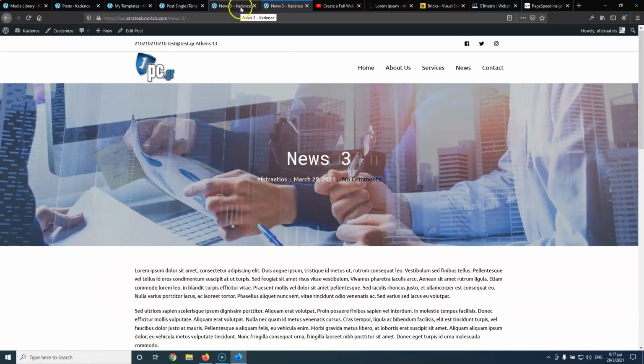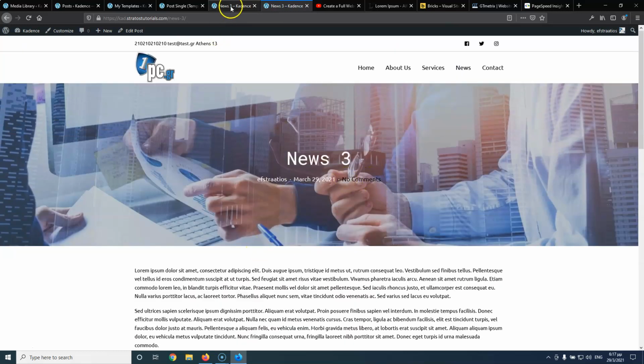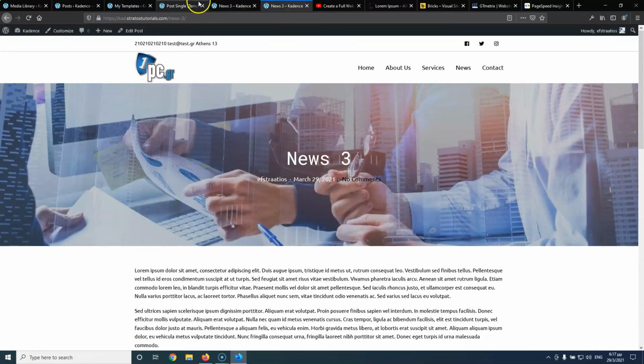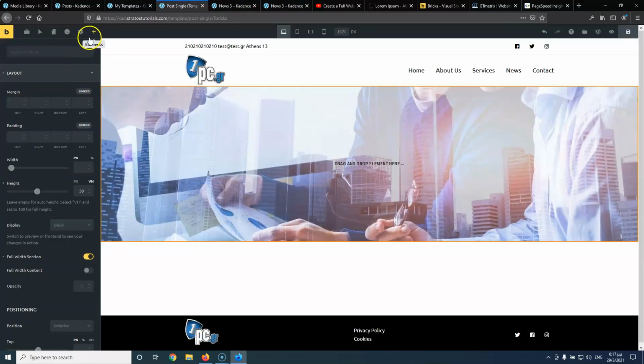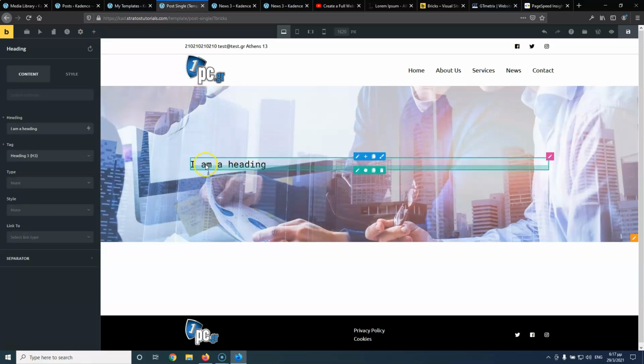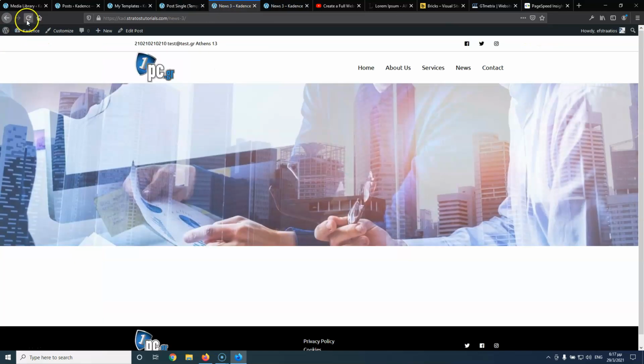And this is why I kept that open, because I want to compare it with the one that we're having right now. Okay, here we're going to put the title of the post like it was before. So I'm going to hit add, and here you can add a heading. You can do it in two ways. You can add a heading and select, instead of the heading, to show here the post title, which will show us here the post title,